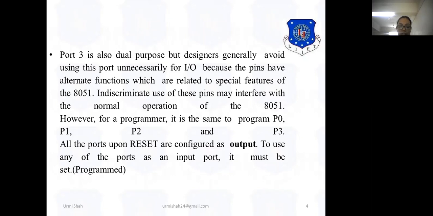And if you want to set, then apply some specific supply voltage. I hope you are clear with how to make your port as output or input. It's up to our application, in which application we want to treat our port as input or output. So based on the requirement of the application, we will set or reset our port and make it used as input or output.